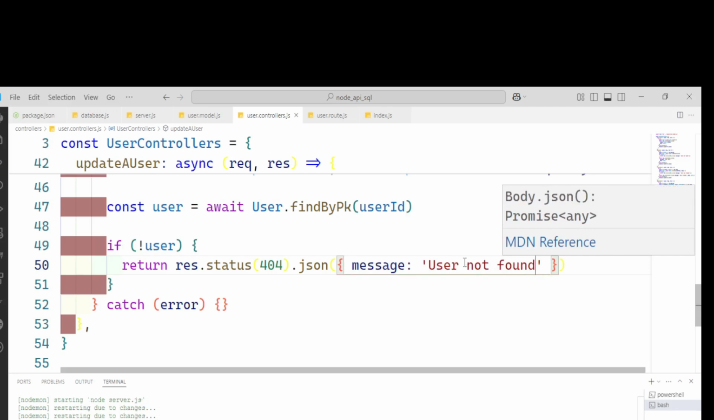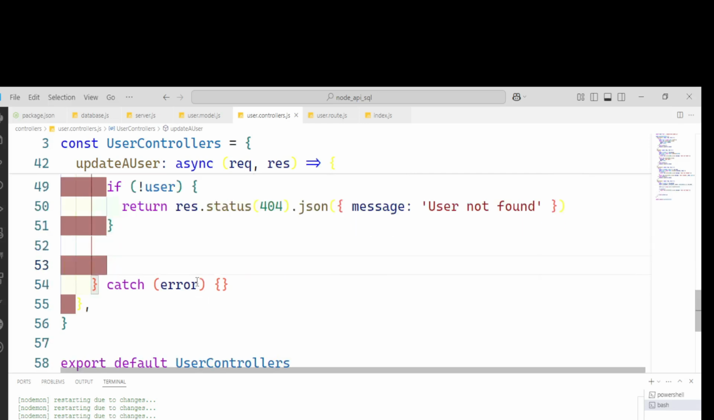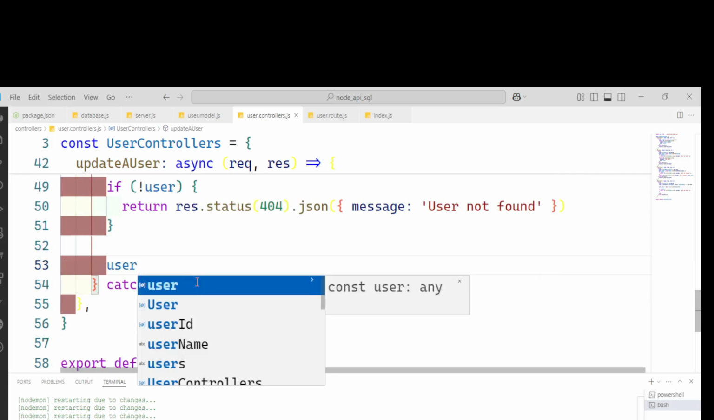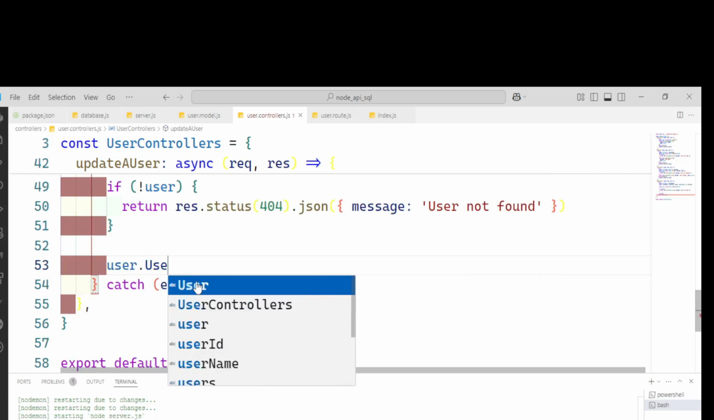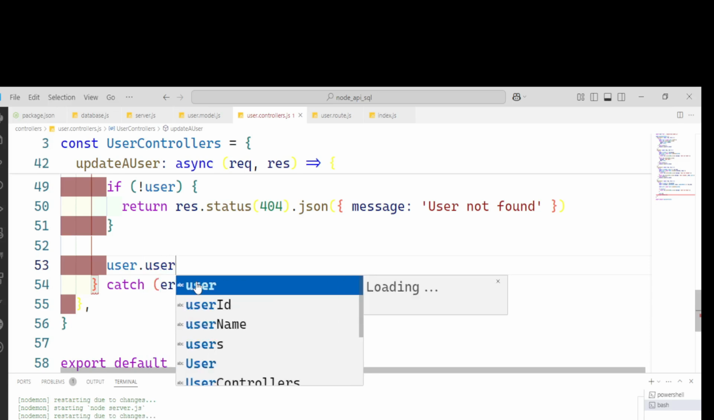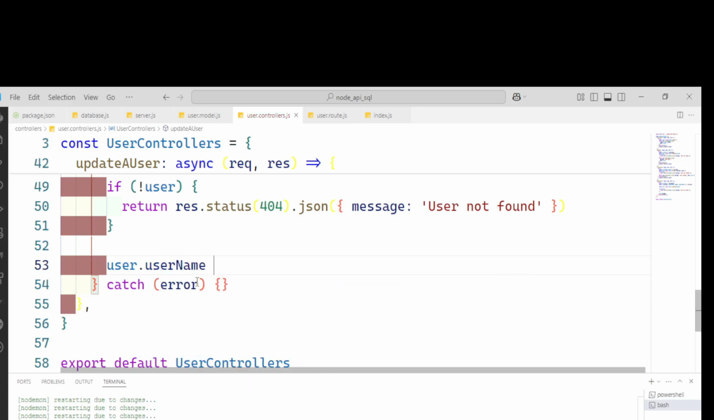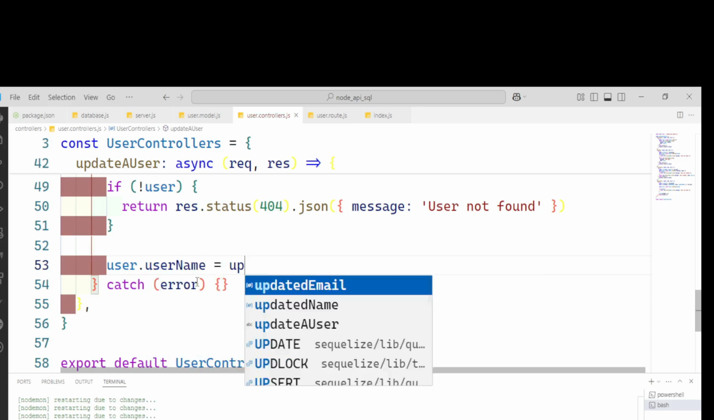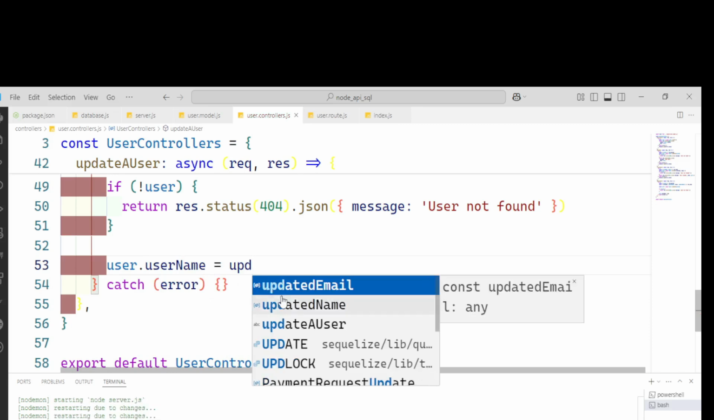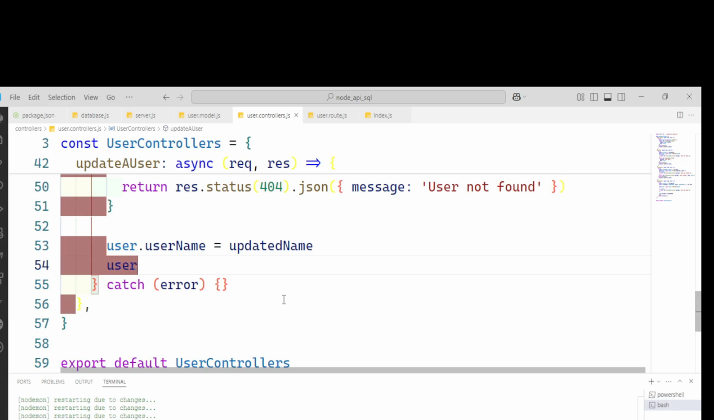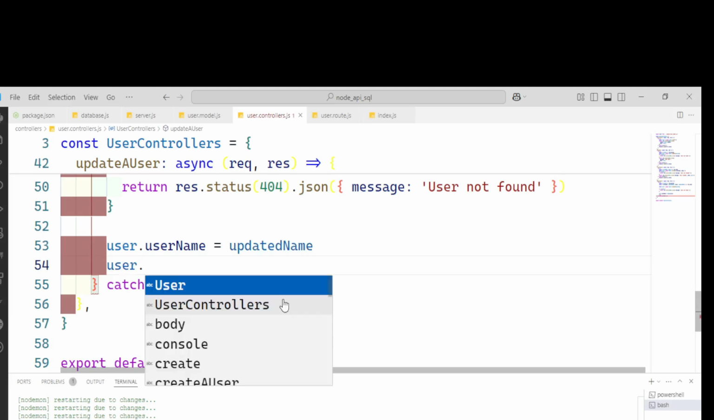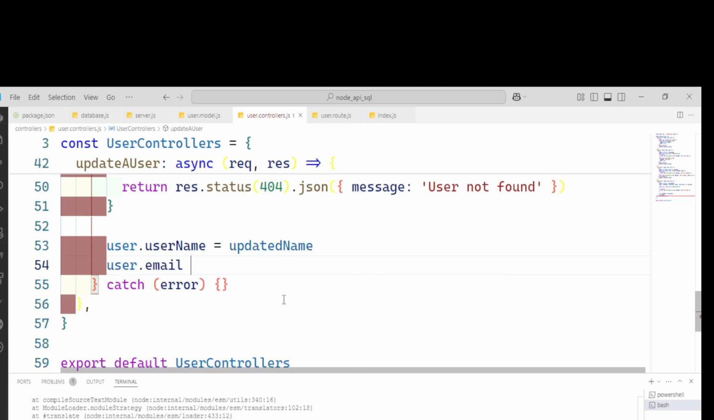That's what we want to do. But if the user is found, what else do we want to do? We want to update the user. How do we update the user? So that will be what? The user dot username will be equal to the updated name, and then also user dot email will be equal to